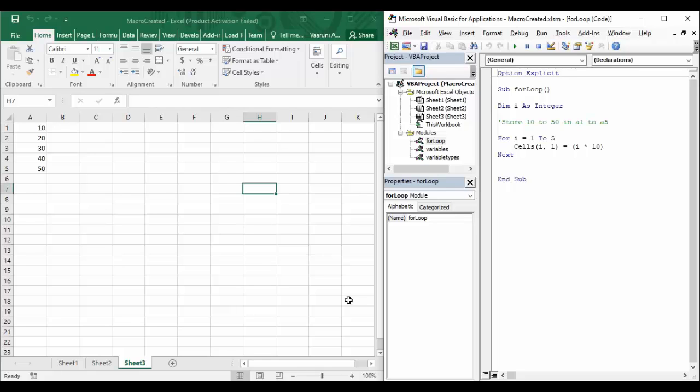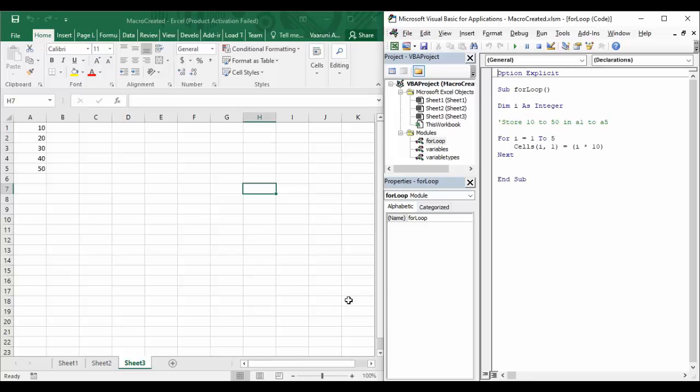loop. In the previous video, we started looking at the topics of loops and we started our discussion with the for loop itself. So in this video, we are going to look at the for loop once again. We are going to look at some of the features of the for loops which would help us to understand the applications of this loop in a better way.